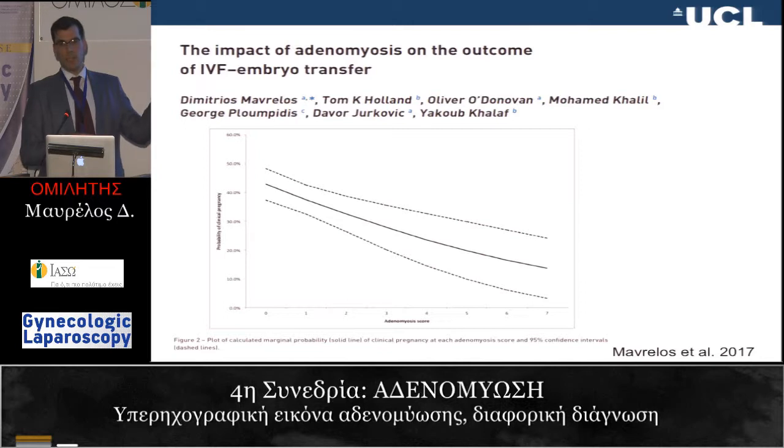So there you go. This is how you diagnose adenomyosis, and this is how you then say this adenomyosis is okay, it's not that bad, or it's really, really bad. And there's correlation between what you see on scan and what the patient actually experiences. What are the differential diagnoses for adenomyosis?